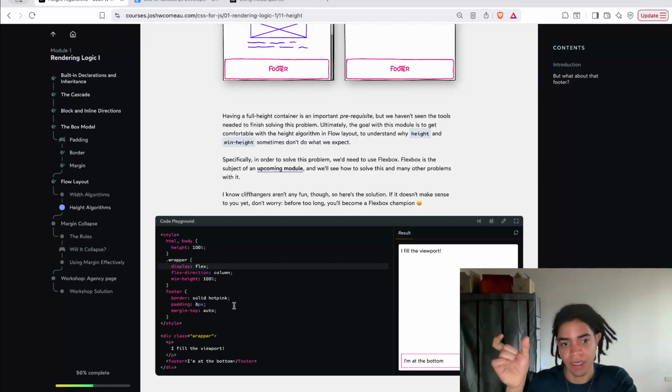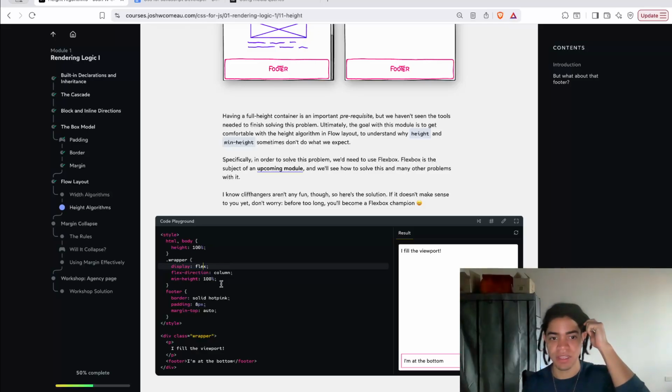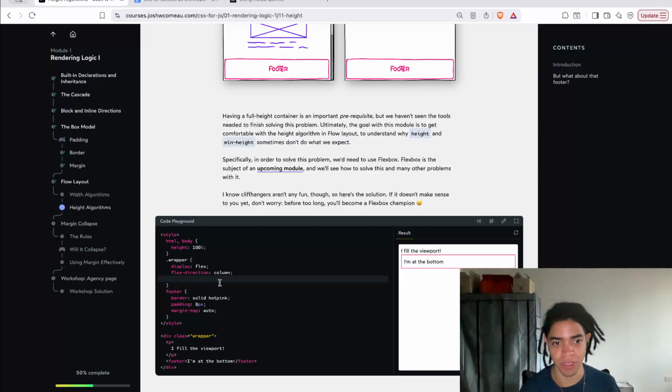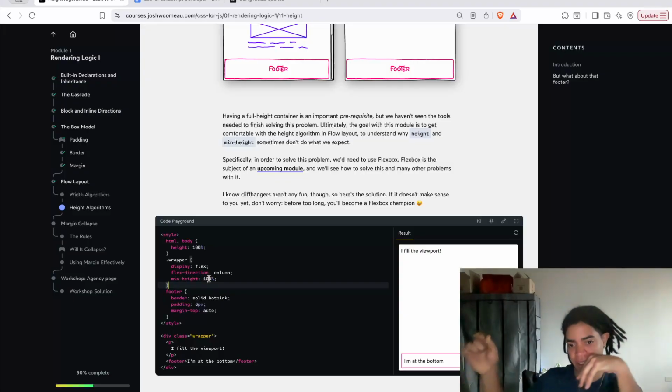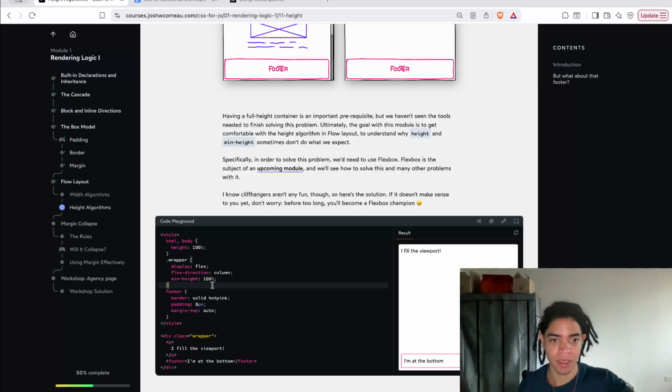As a column, exactly. So making the wrapper 100% the height from the HTML. For example, you say something like this, it's going to be up to that. And now because this min-height is based on the height that comes from the parent, in this case the padding is something that is passed down to